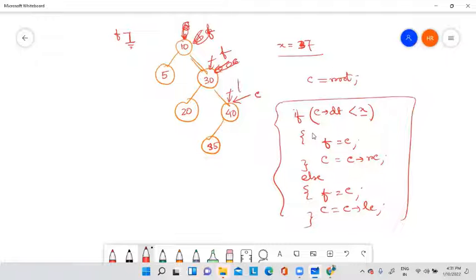Father will come into this position, current will move into the left child. Now again I compare, current data is 35, I am searching x. Father will come into this position and current will move into the left child. It means now current becomes null because this is a leaf node, left and right both sides are null. So current becomes null, so I will stop.